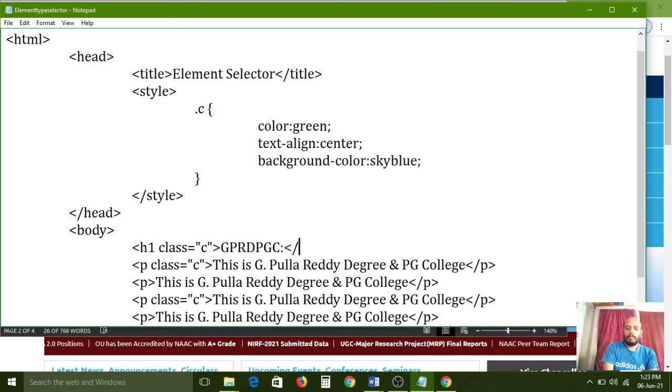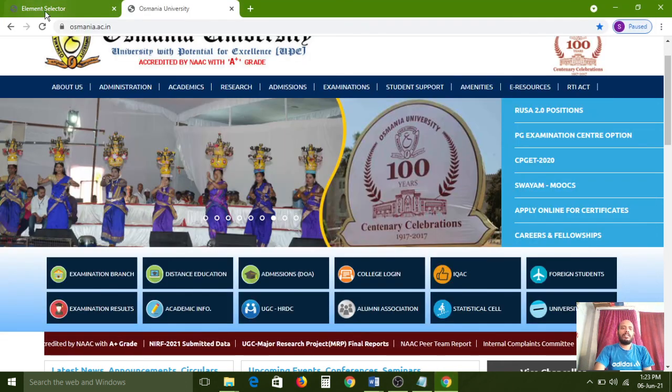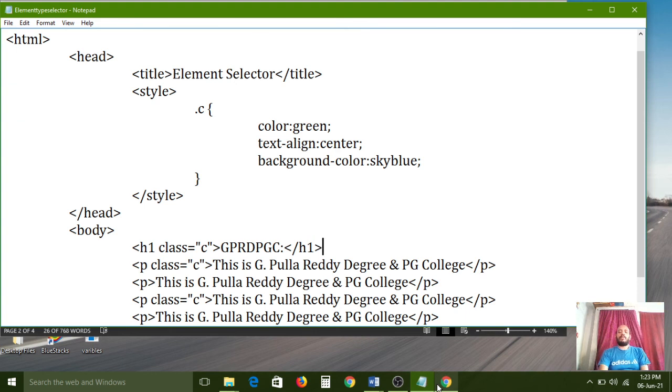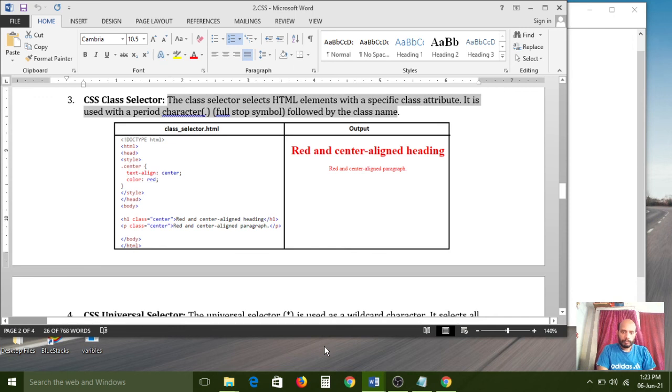Now I am closing the H1 tag. So in this H1 tag I have also configured the class name. Now I am refreshing the web page. Carefully observe. All properties are applied like this. By using the class name, we can apply multiple copies of the same properties.